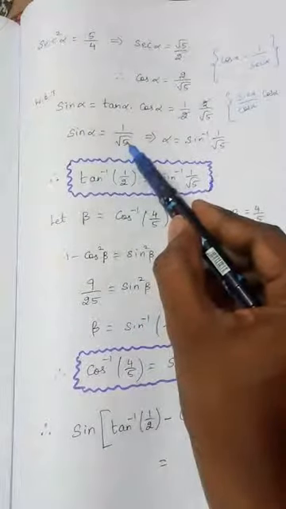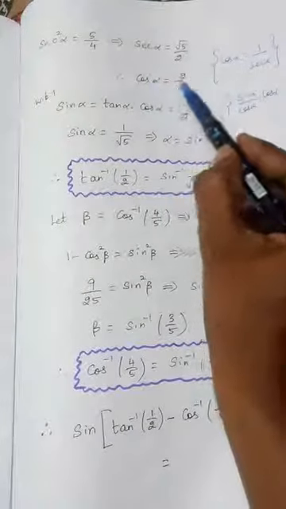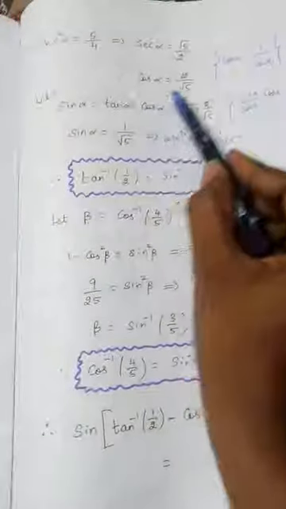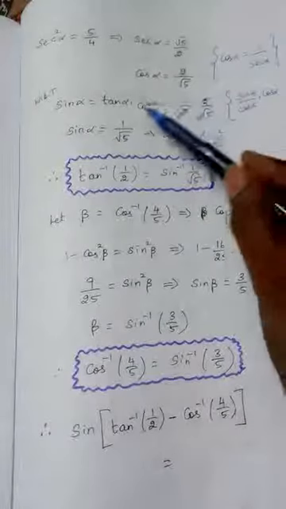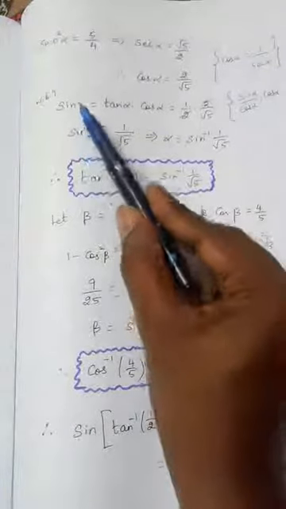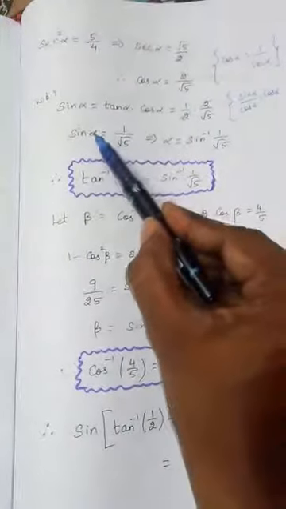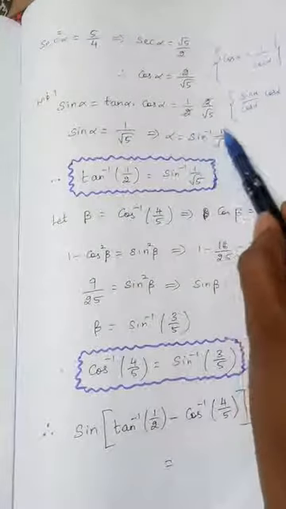Could you able to understand? First, we found out secant alpha. From that we got the cos alpha value. Sin alpha is written as tan into cos. The tan alpha value we know from before, so we are substituting that here. The cos alpha value we are having here. So finally we get sin alpha is equal to 1 by root 5. So alpha is equal to, sin goes to this side, becomes sin inverse 1 by root 5.